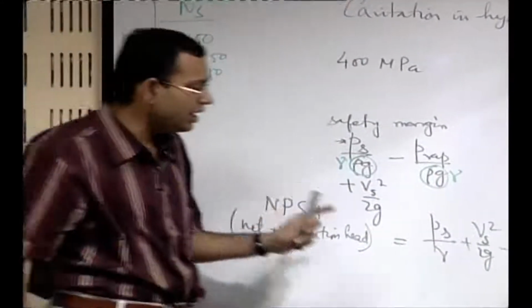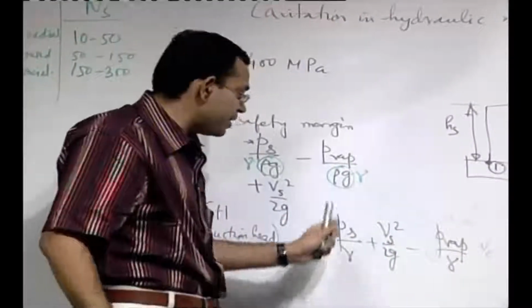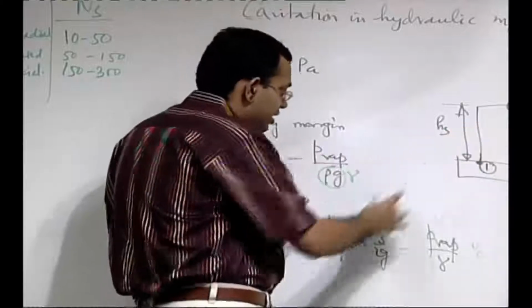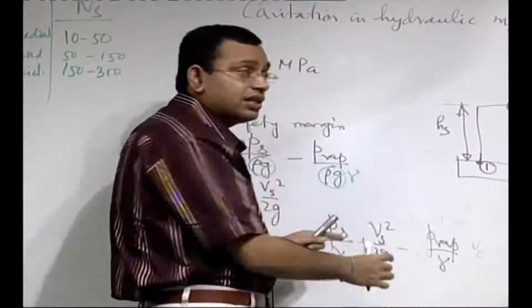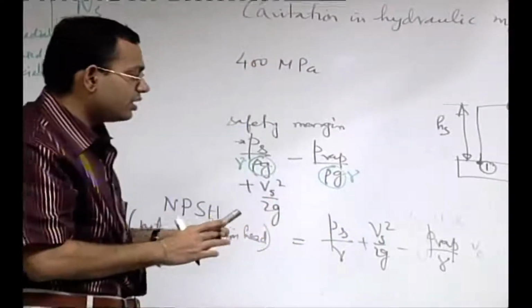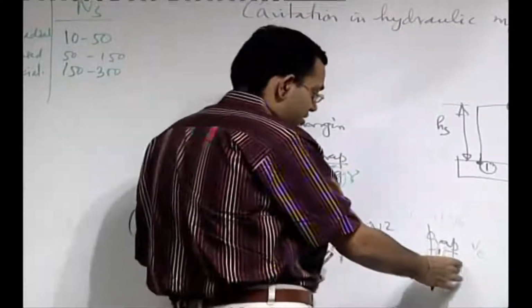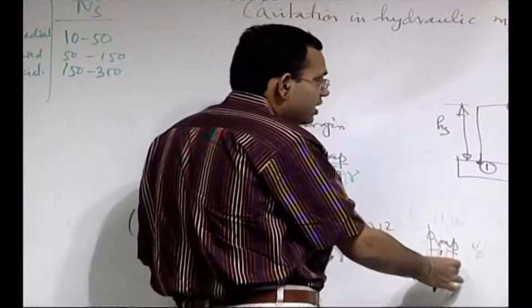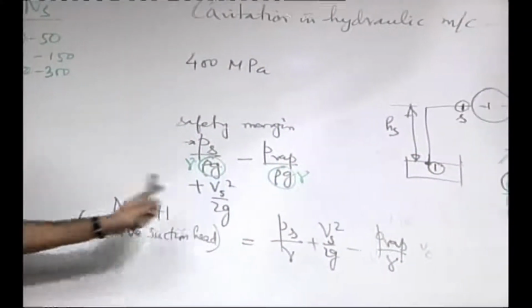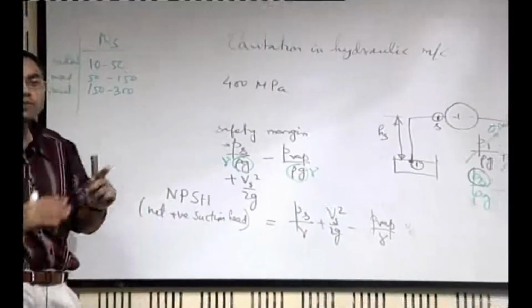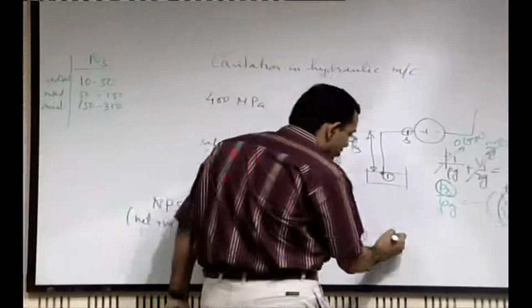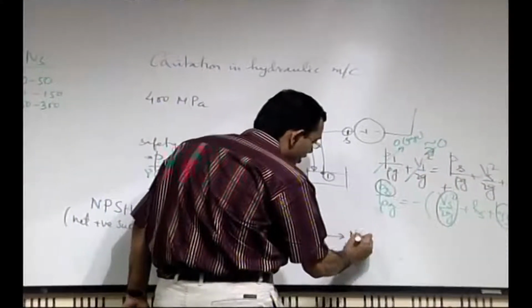But more importantly, see, in this particular form, when you write this you say that you have a suction pressure, you have a vapor pressure, and you do not have any relation of this expression with what happens in the system where the pump is there. So this is the demand of a positive suction head from the pump. So pump expects this net positive suction head. So this is also known as NPSH required.